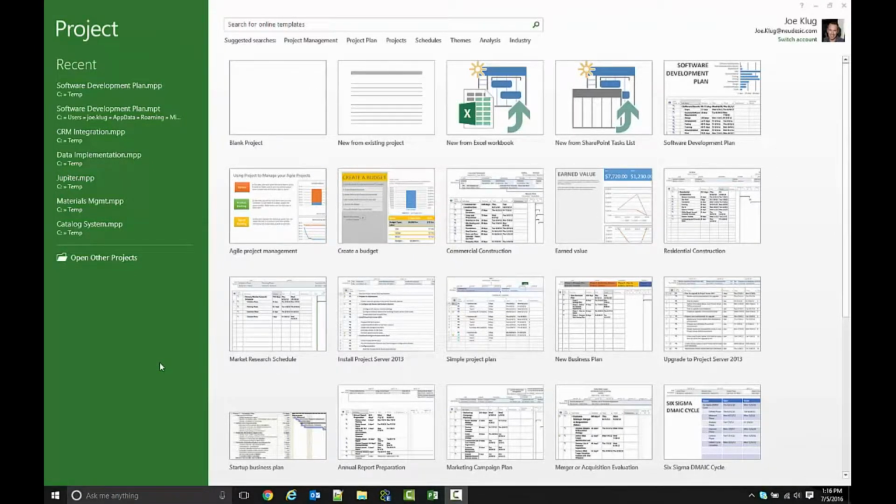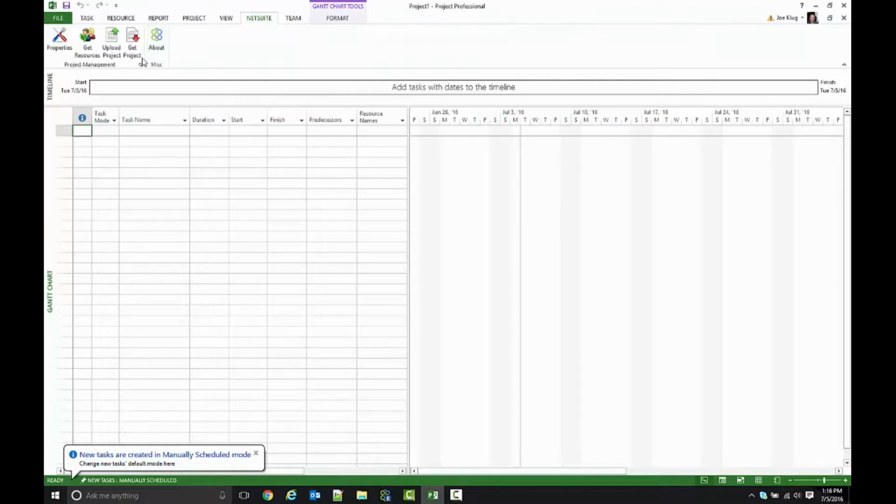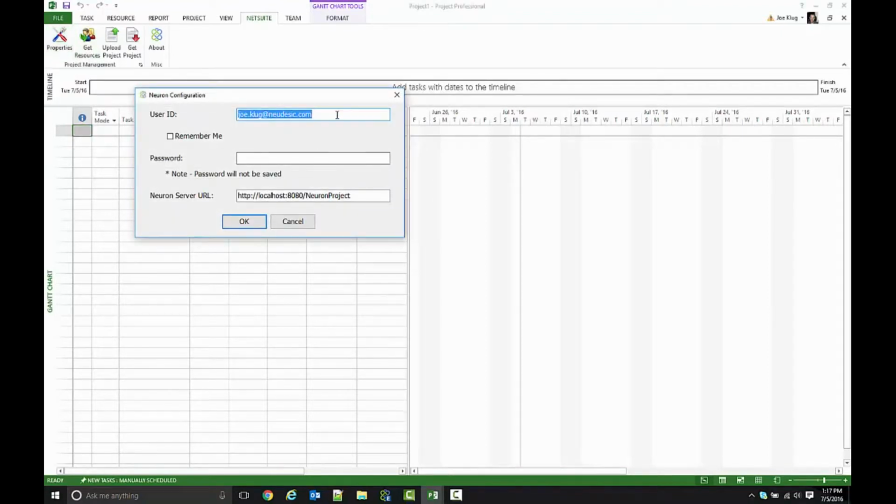To download a project from NetSuite SRP, all a Microsoft Project user needs to do is open Microsoft Project and create a blank project. Once the blank project is created, you will see on the ribbon a NetSuite tab, which gives you access to the three functions that this connector supports. You can get a project, you can upload a project, and you can also download a list of resources from NetSuite. This other button here, Properties, allows you to set your NetSuite credentials that will be used for connecting to